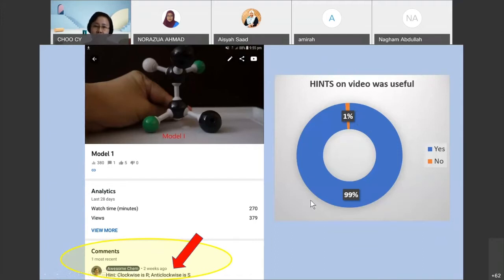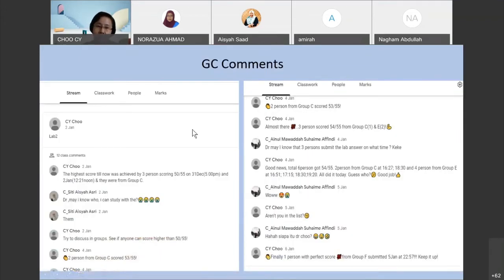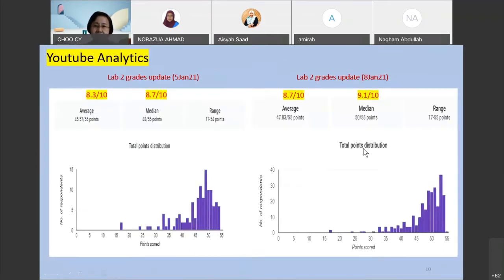And most of the students, 99%, say it is very useful. Only 1% say it's not useful, as usual. So another good thing about Google Form, Google Classroom, and YouTube is, besides telling them the problem or the hint